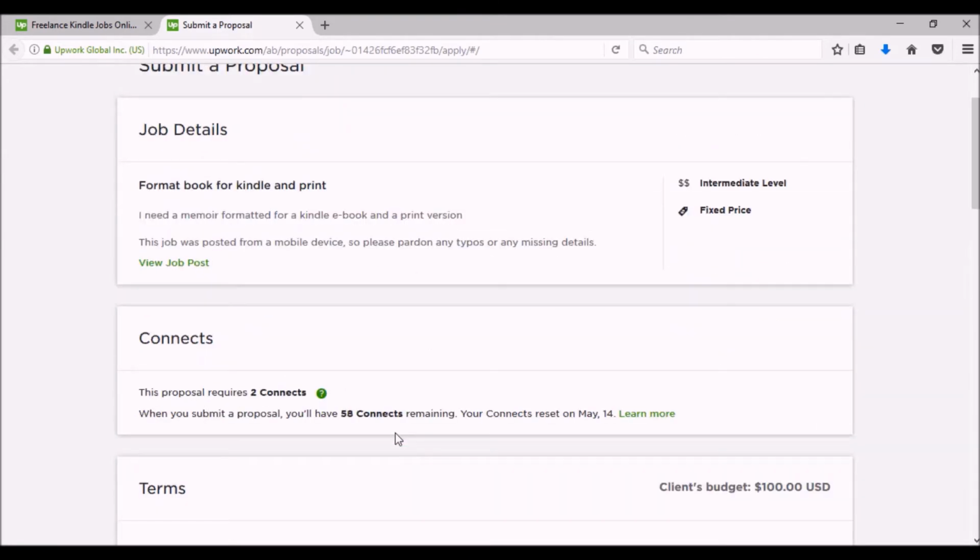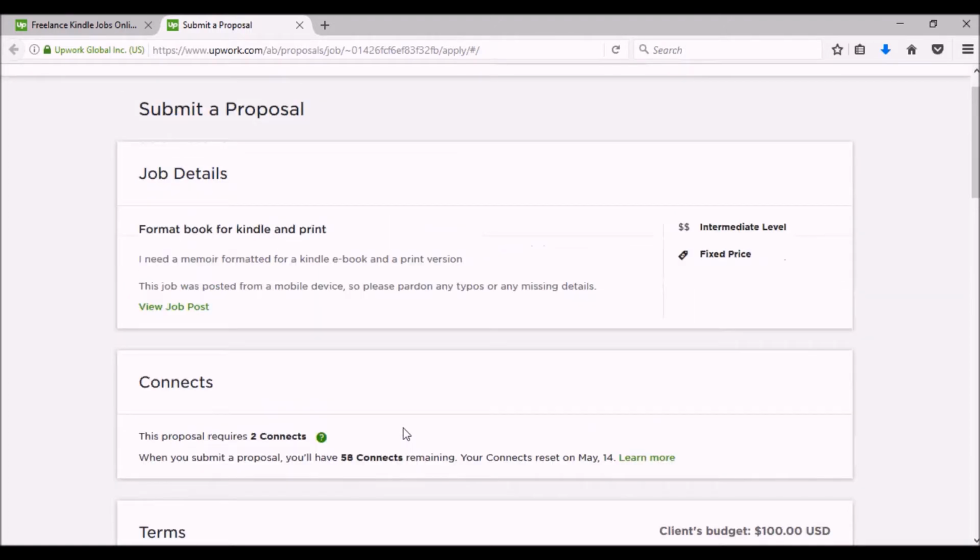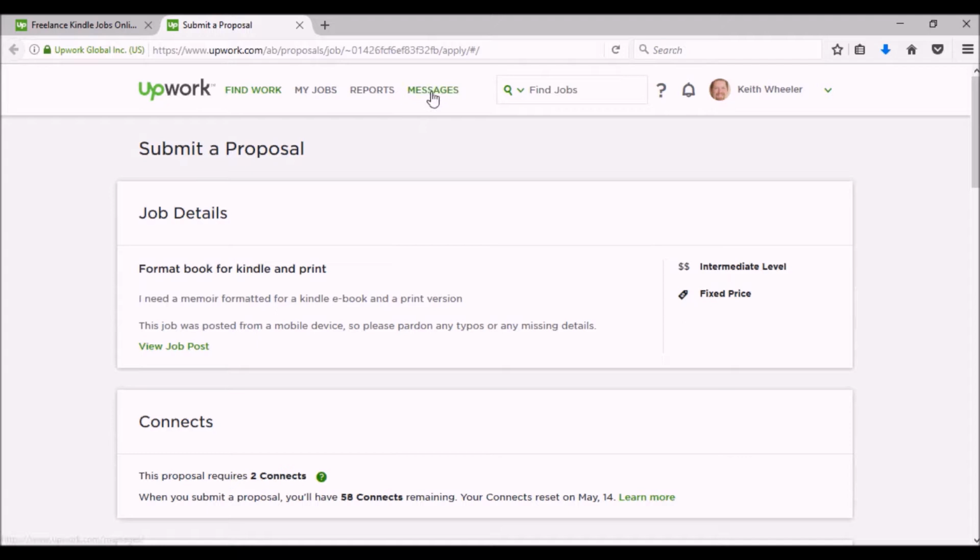They can accept it, they can reject it, or they can send back another proposal, and you can kind of go back and forth. You can actually use messaging within the system, which is what Upwork really wants you to do. If you do an hourly project, there's actually another app that will pop up, and it tracks your hours. You actually have to click, you have to turn it on when you start working, and it will actually take screenshots at certain intervals. And those screenshots are what the client sees, so the client can confirm that you're actually working